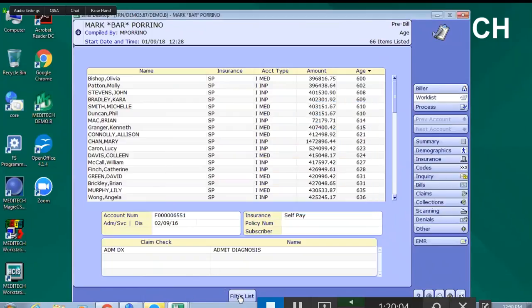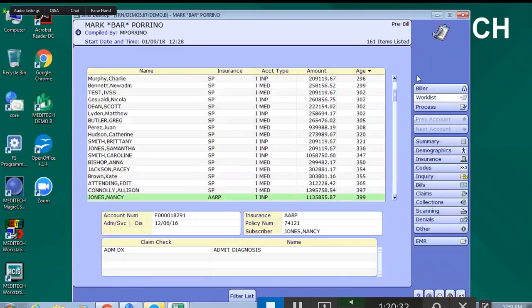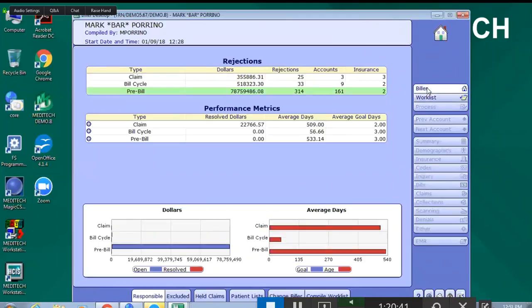Or if we wanted to simply look at the full list, there we go. Back to full list. I don't know what the delay is this afternoon. Okay, back to our 161 items. And we can come back to the main biller desktop once we've worked our accounts. Now, we noted when we looked at the information icon next to my name in the work list, aside from